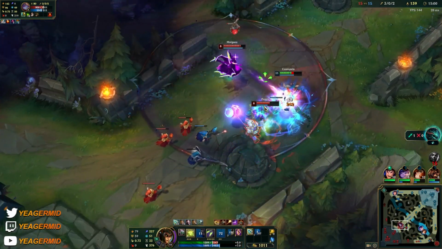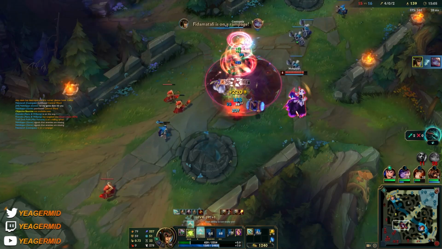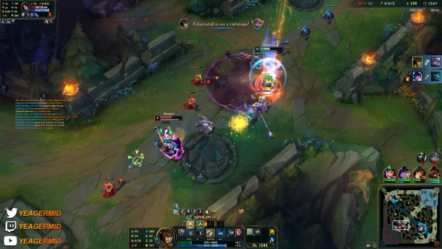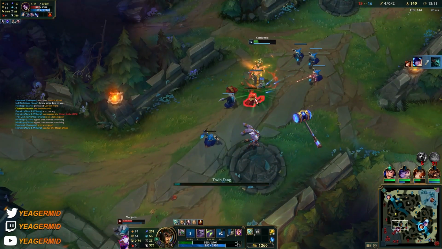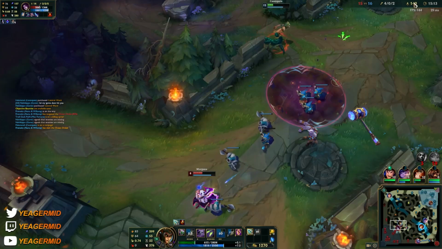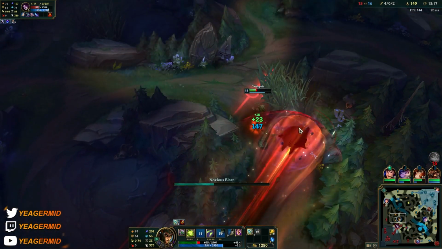I need to make sure I'm not close to the wall so I don't get stunned. And that sustain you have and the tankiness, this is what you can do. She is so strong in close range. But what she really struggles against, guys,